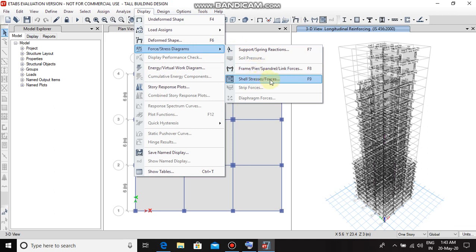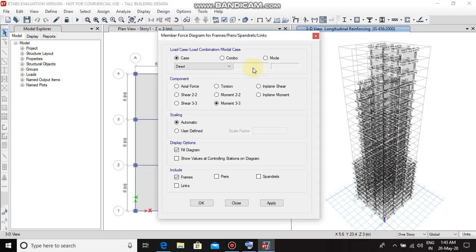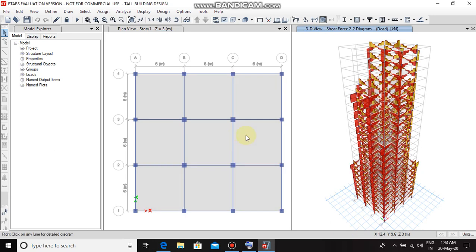Shell stress or forces, frame or pier, spandrel, link forces, support or spring reaction. Let's see frame. Shear 2-2. Okay. So this way the whole analysis and design of the tall building is done.